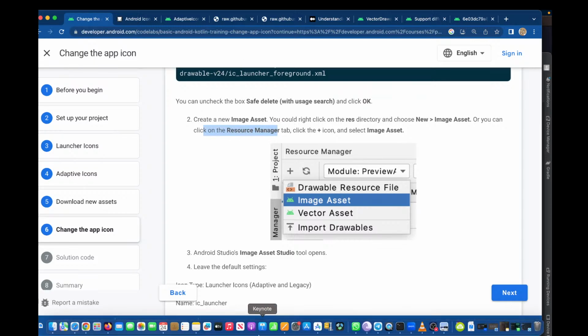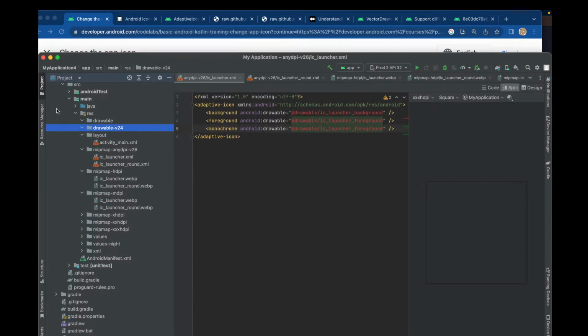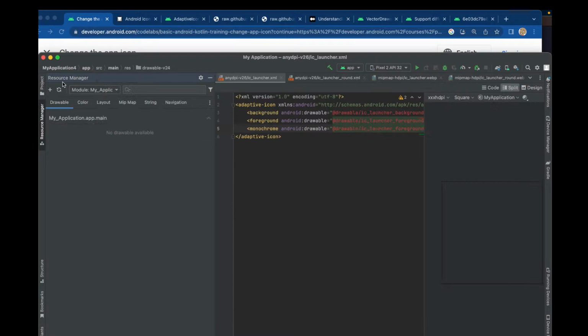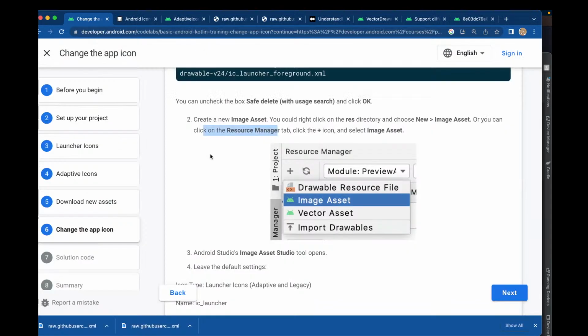Oh, the resource manager tab. So should be on our left here. And then once we click on the resource manager tab, we go add new resource, image asset. All right, so we're here, and it said leave these defaults,